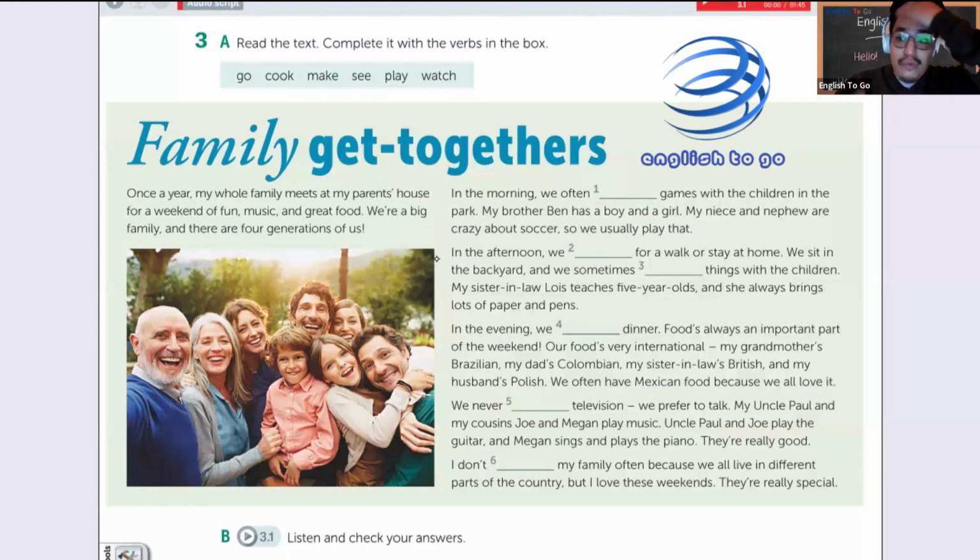So remember, guys, we can use often by the end of a sentence. This is also possible. I can use often in the regular form, subject, frequency adverb, and verb, or specifically in negative sentences, we have to be very careful. I don't often see my family because we all live in different parts. We need to change the structure because this is a negative sentence.